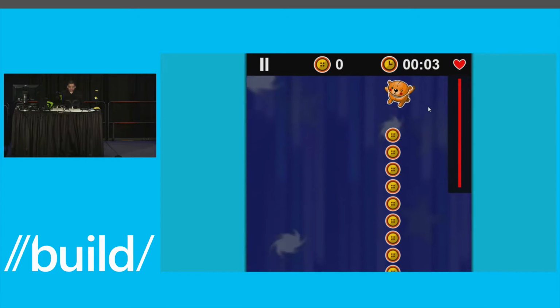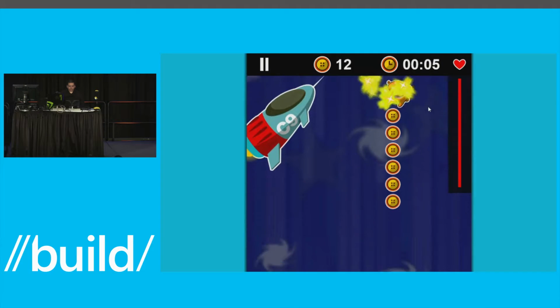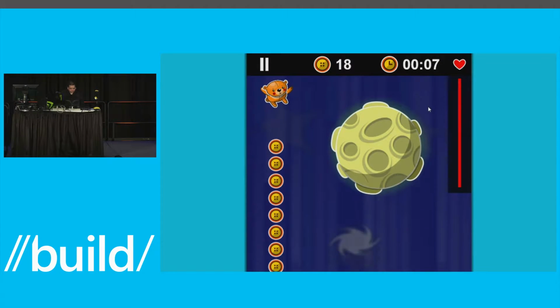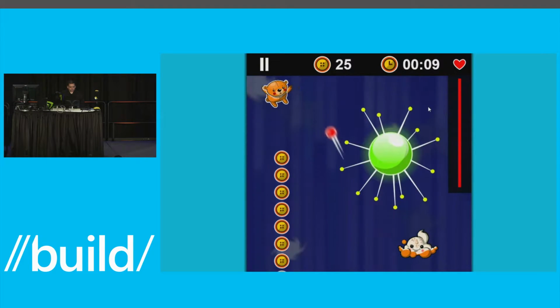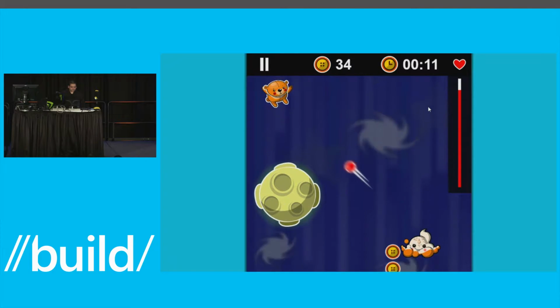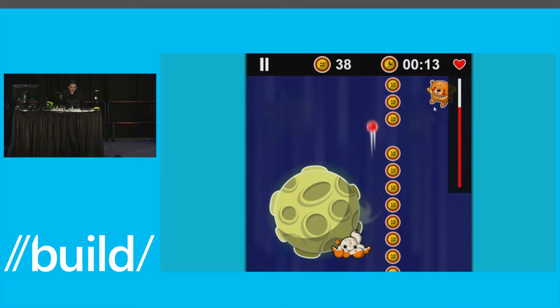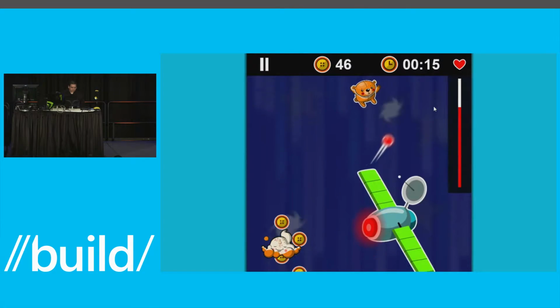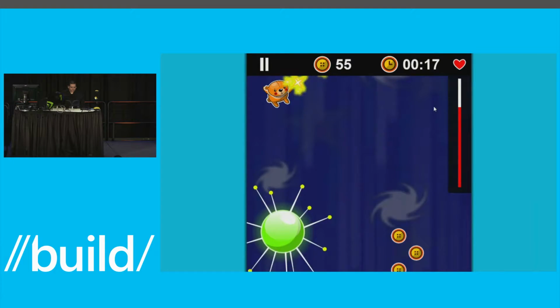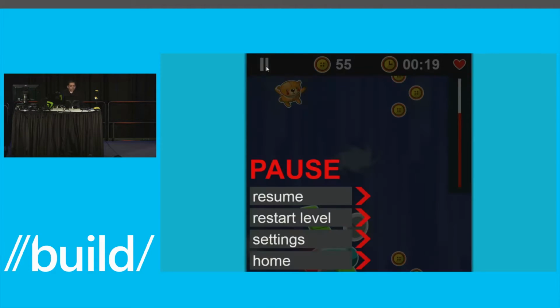And I'll just give you a little bit of the gameplay here. It's a very simple game. You kind of go around collecting these buttons and try not to get shot. Right? Very, very simple game, but it's actually pretty functional. It's in the store. It's getting decent ratings. Good game, right? Now, the intern wrote it a year ago, and he came in and said, hey, what am I going to do? And we said, hey, you need to go write a Windows Store game. And he went on. He started coding. He learned everything on his own. He did a really good job.